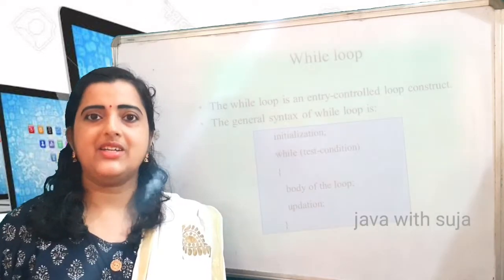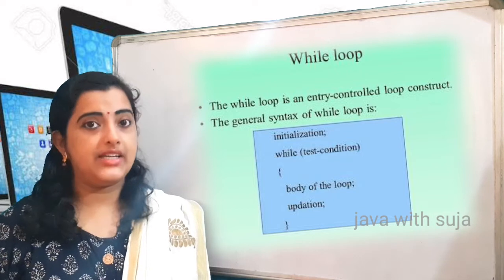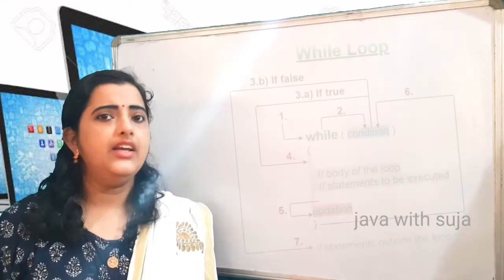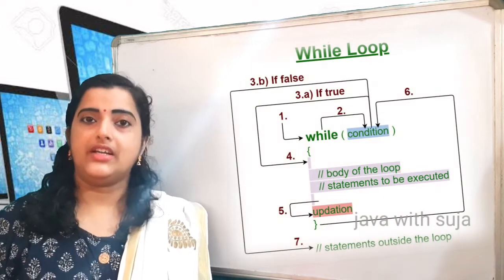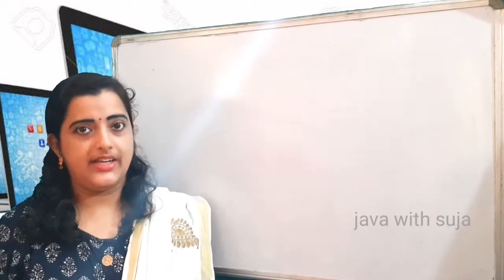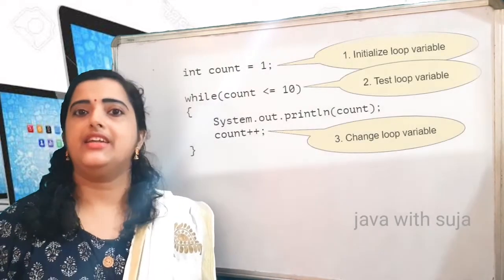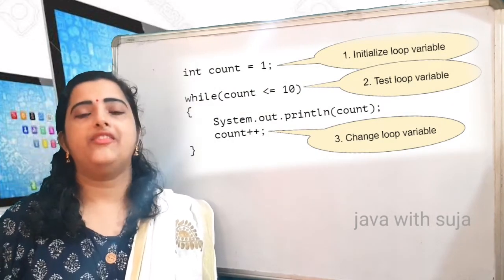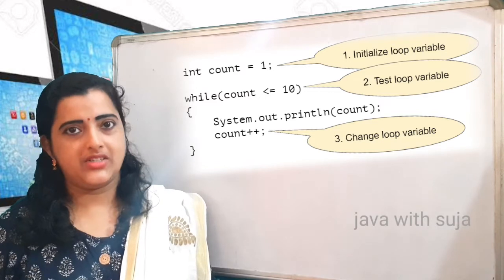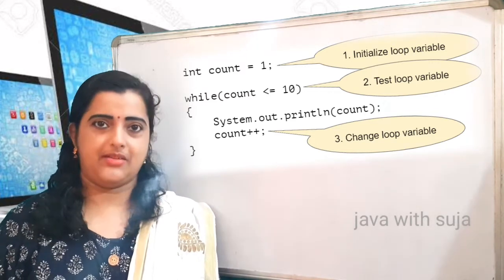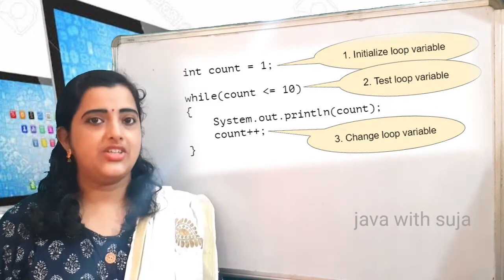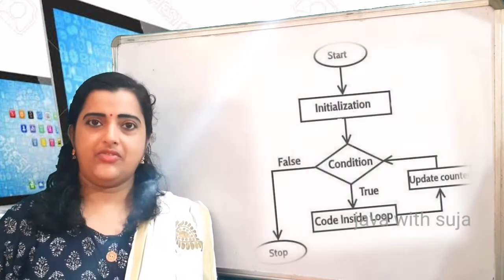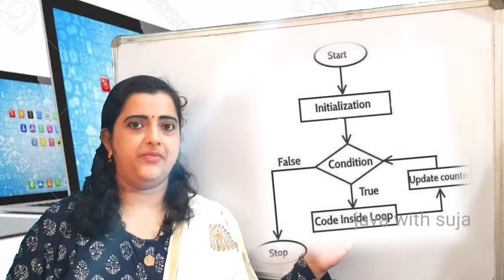It is compulsory to include curly braces when multiple statements are there in your loop body. As I told you already, the for loop and while loop both work in a similar way. That is, first of all initialization will take place, then the condition will be checked, and if the condition is true, only then the loop body will get executed. Obviously, after loop body execution the variable will get updated once again, the condition will be checked, and these steps will go on. So let us see the working of the while loop with the help of a flowchart.